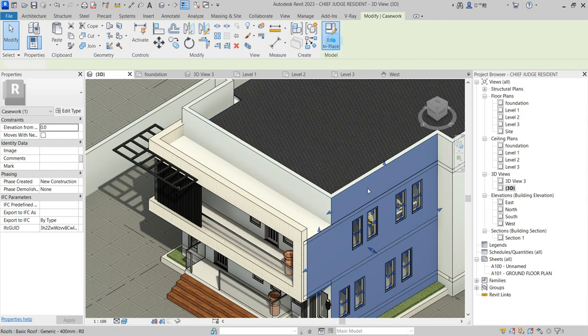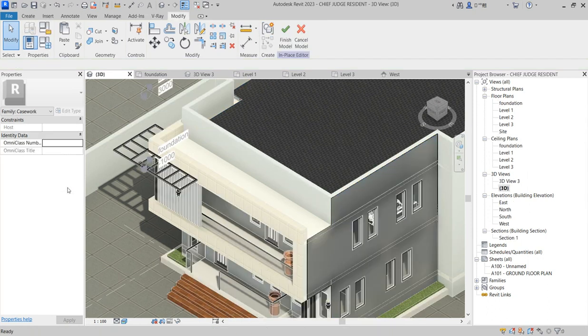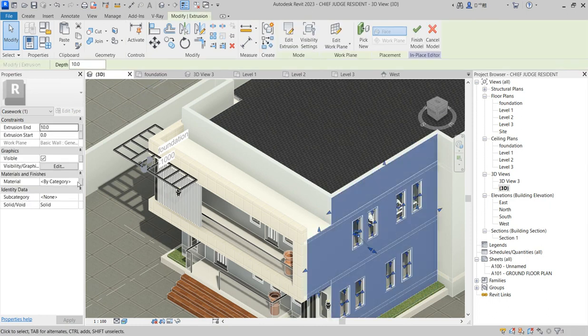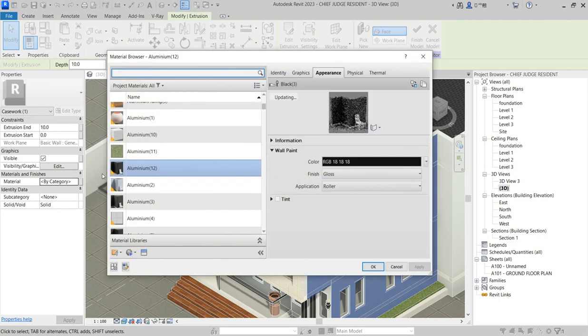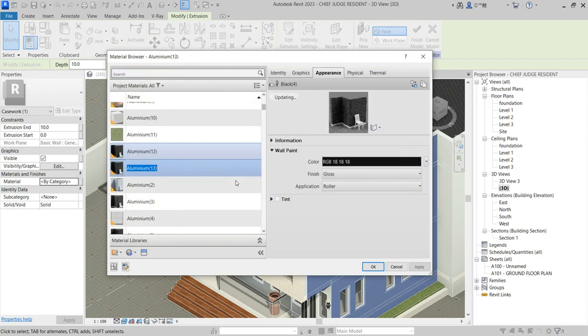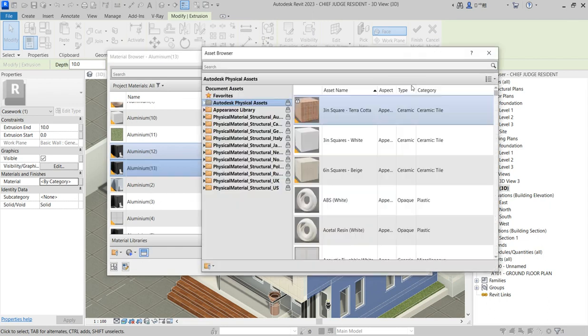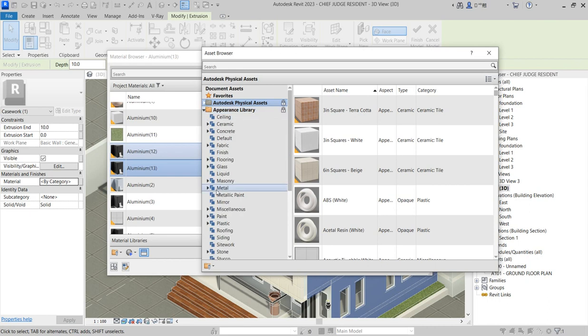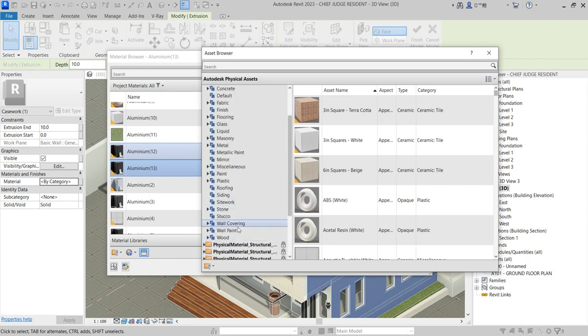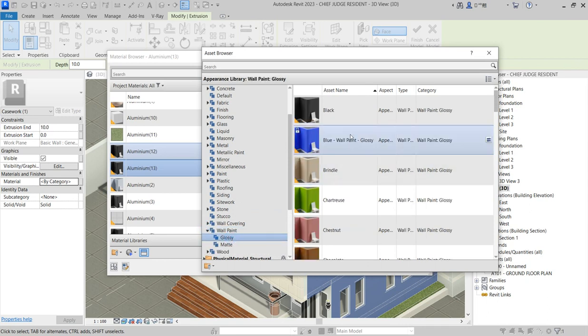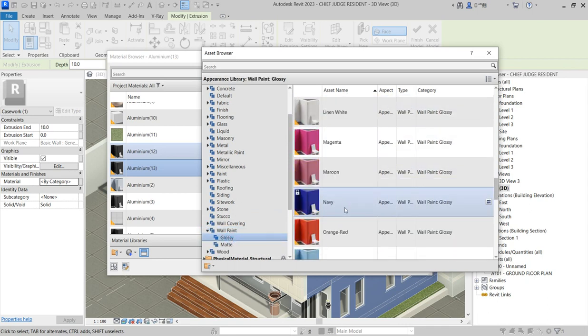Here you edit again, and you change the material to proper materials. Click here and you edit the category. The material we are going to use now, duplicate the material. I'm going to change the wall parts again. This time around it's going to be the same wall, but a normal wall which is gloss. I'm not going to use pure black, I'm going to use blue,